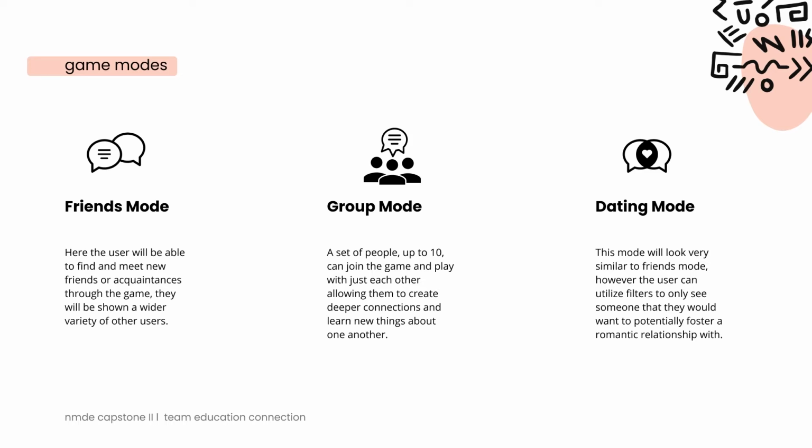We have divided our concept into 3 different playable modes to better help more users find what they're looking for. Friend mode is for the user looking to have conversations with new and like-minded individuals. Group mode gives up to 10 people the opportunity to all play together. And dating mode uses the same ideas as friends mode, however, the users have an intention of meeting someone to